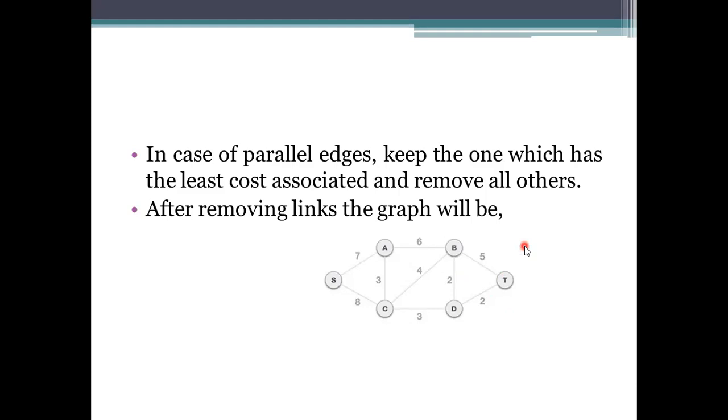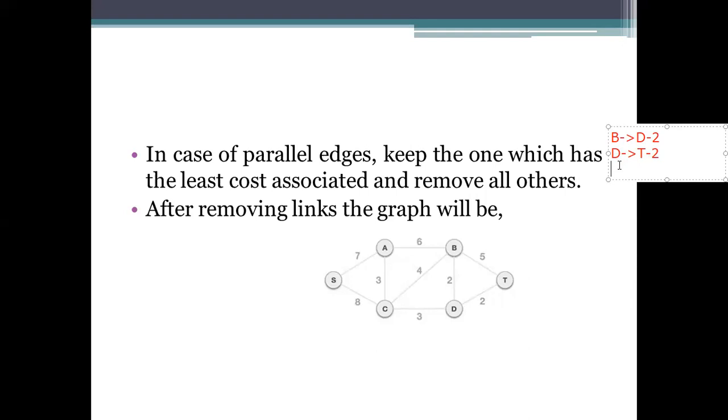The least ones here are B to D and D to T. So B to D, what is the value? 2. And D to T, here the value is 2. Is any other left or not? No other edge has the value 2 here.